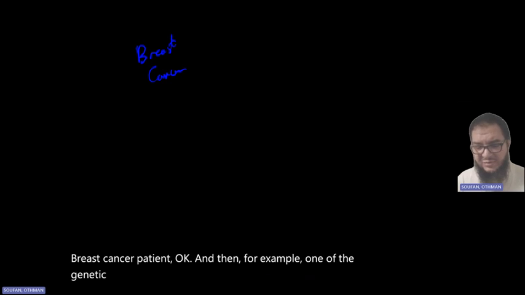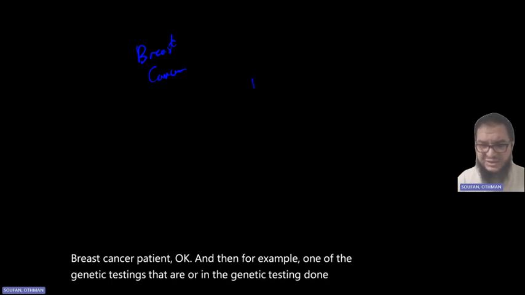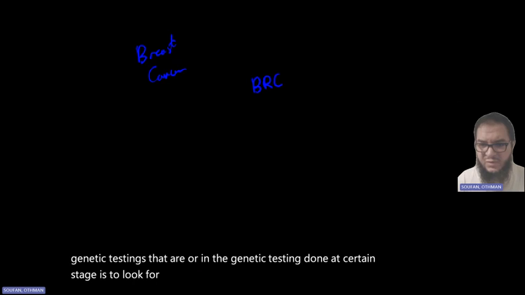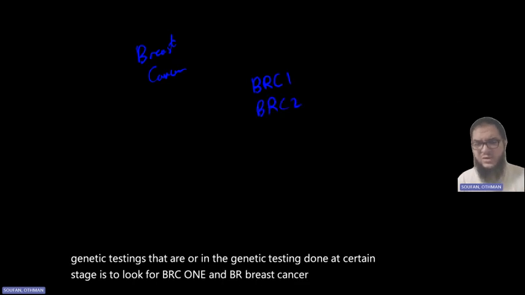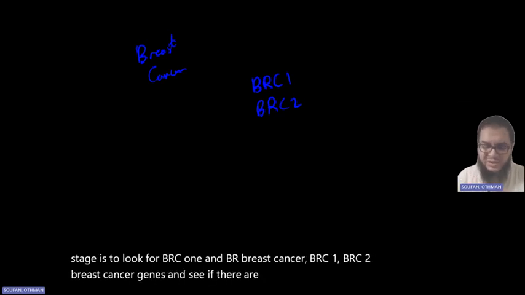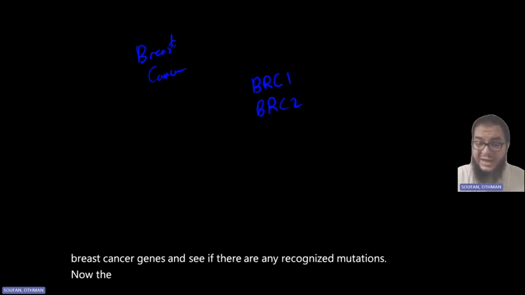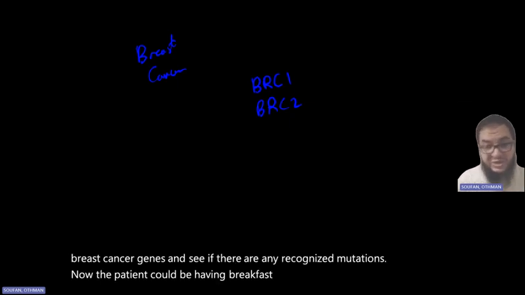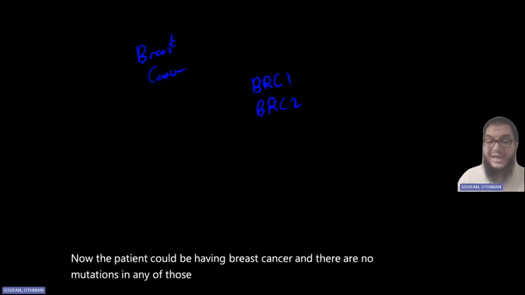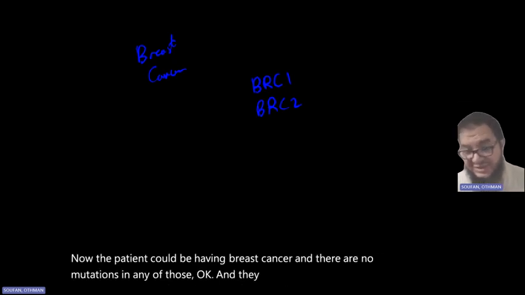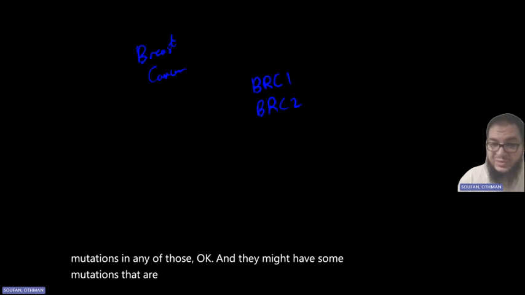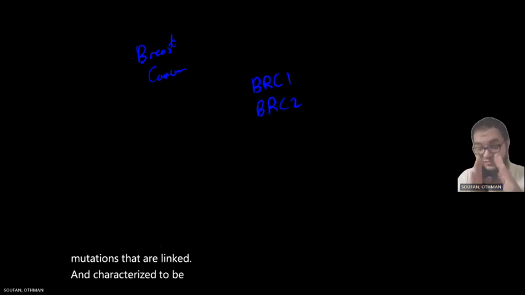One of the genetic tests done at a certain stage is to look for BRCA1 and BRCA2 breast cancer genes, and see if there are any recognized mutations. Now, the patient could have breast cancer, and there are no mutations in any of those, okay? And they might have some mutations that are linked and characterized to be a part of the group that have